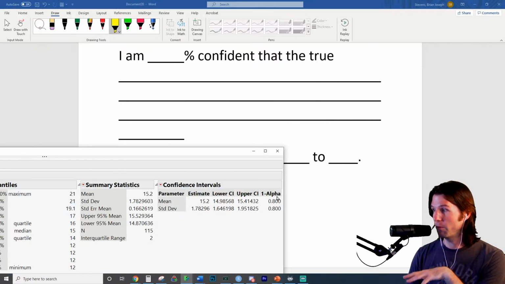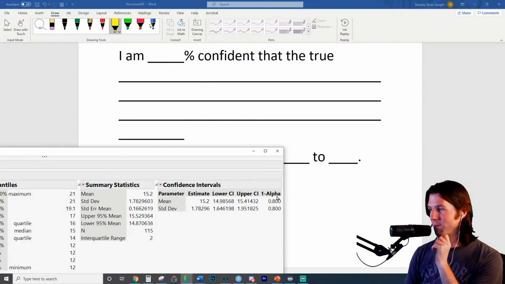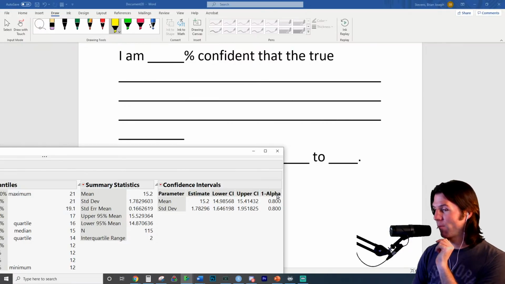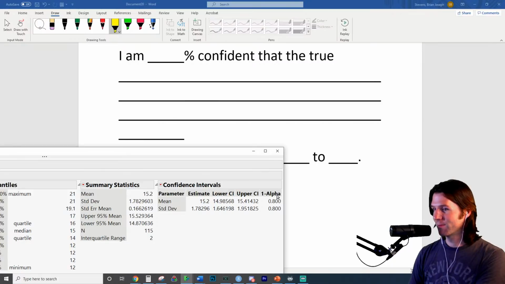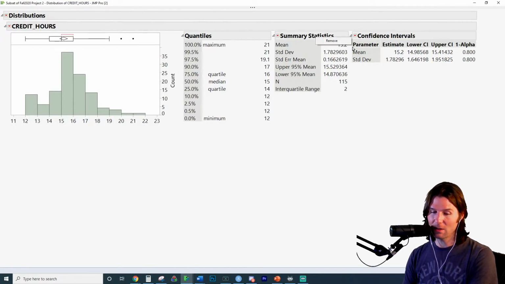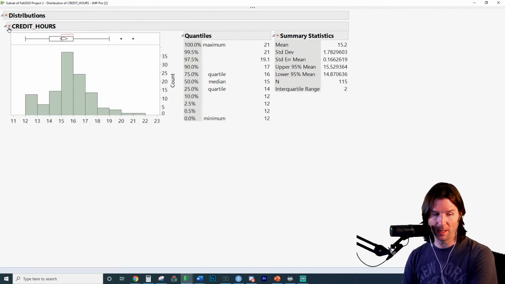So what's your alpha level if you use 80% confidence? It's like 1 minus x equals 0.80. So x would equal